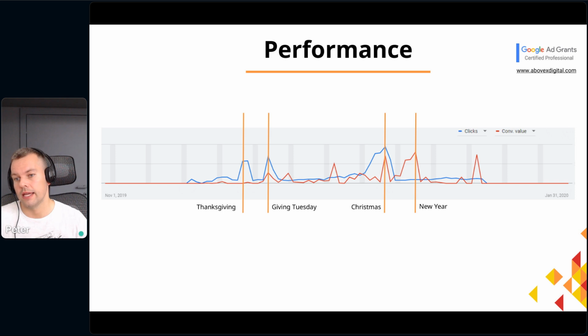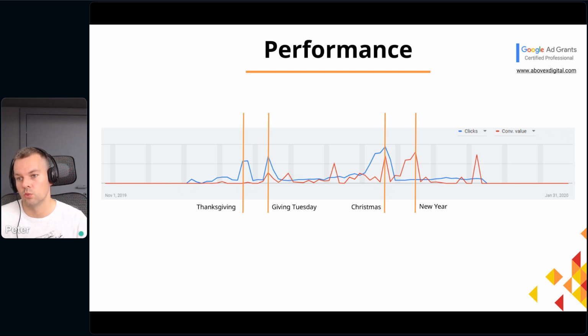Now this is late November, early December. So you can see clicks building up a little bit. There were some donations as well. And now there's Christmas, right? And you can see clicks going up. They had keywords related to holiday giving and things like that. So those kicked in. And by the way, this is one week, right? These are weekends. This is one week.